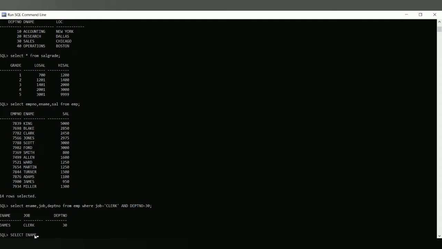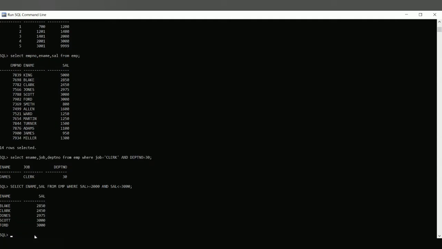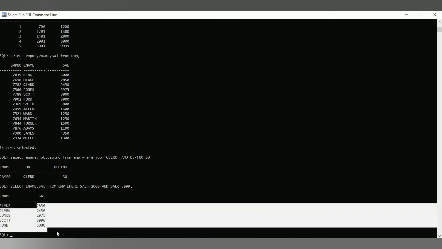Select employee name, salary from EMP, where sal greater than or equal to 2000 and sal less than or equal to 3000. Now these are the employee names who have salaries between 2000 and 3000.